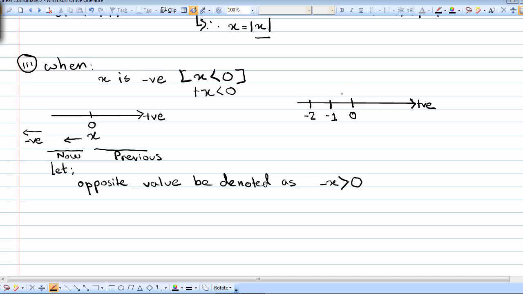Now I'm telling you that x is equal to minus 2, and you can also write this as minus x equals 2. So what this necessarily means is that with this minus x, we are meant to move on the left hand side of the number line. That's why I have shown that we are moving on the left hand side of the number line, or at any given point our x